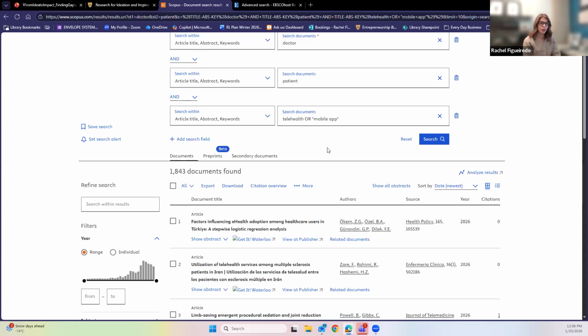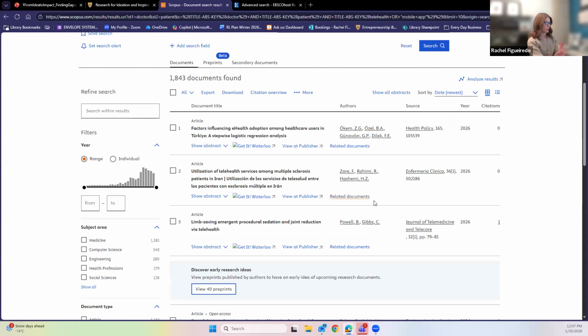So if you did want to run a search, you might go to ChatGPT, go to Copilot, whatever tool you like to use, give it some parameters around your topic and ask it to come up with a simple Boolean search for your topic. So if the searching part feels tricky, that's another way you could kind of get into this. But I think the real magic of this is when we're on the results page in something like Scopus.